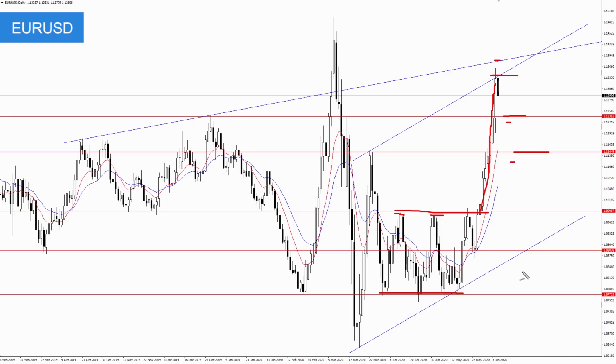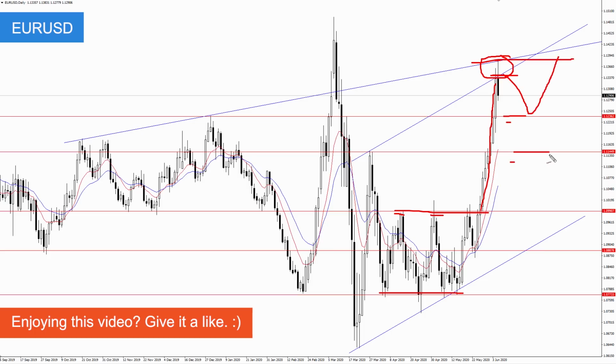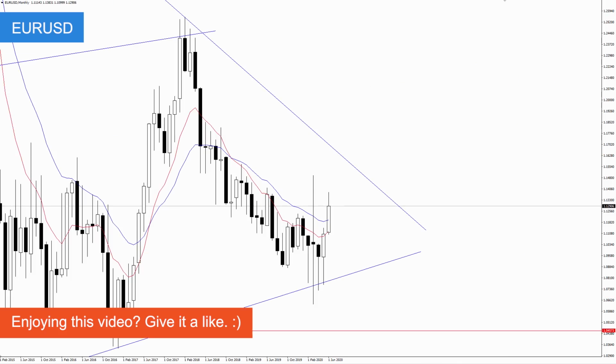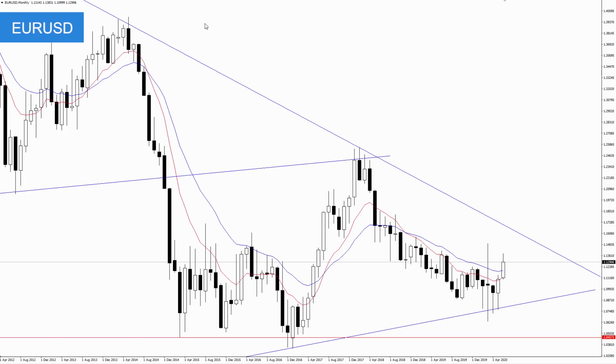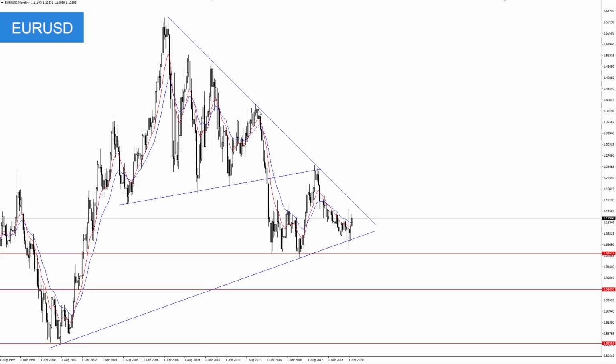But as of right now, it's not clear if we are going to see this as a short-term top and a pullback into some of these levels and perhaps lower, or if we're just going to see a bounce and the market take out that 114 area. Now, if we look at the monthly time frame, as I mentioned on Friday to members, all of this through here is just consolidation, because remember that we have this multi-year wedge pattern, and until this thing breaks, all of this through here is just consolidation.